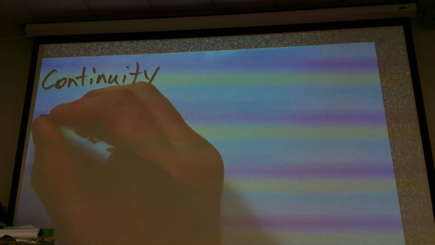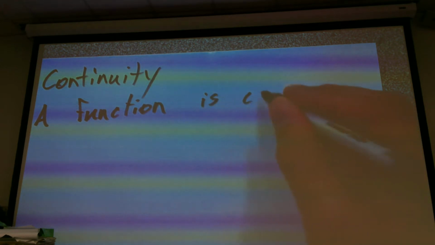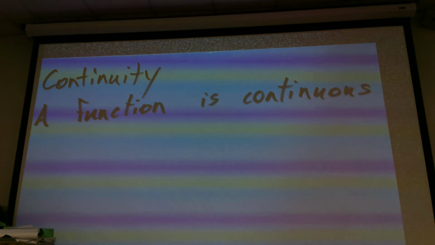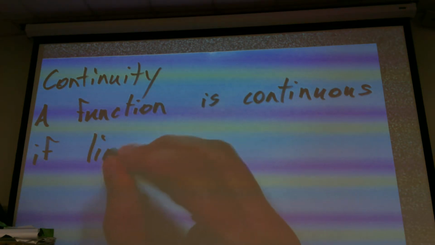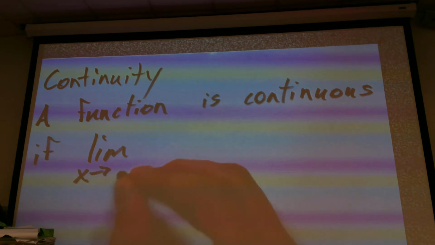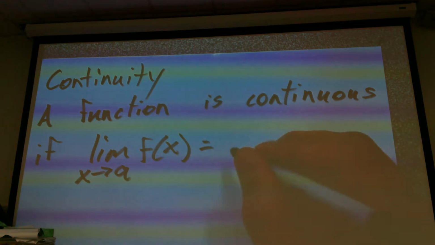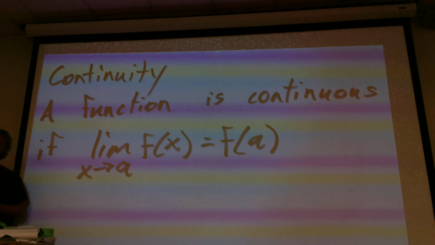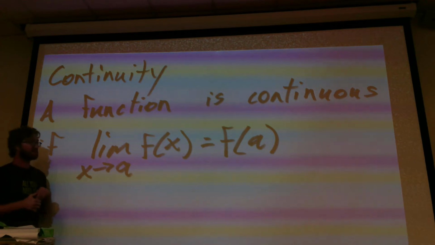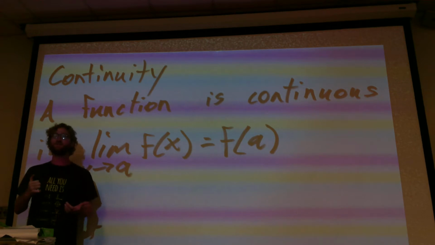So, a function is continuous if the limit as x tends towards a of f of x actually equals f of a. Okay? So, in the discussion in the last class, for a limit to exist, the limit from